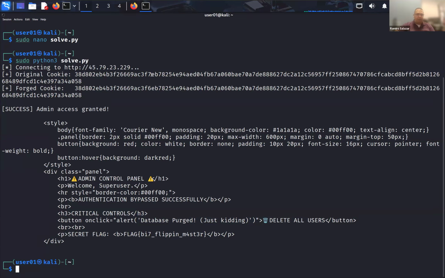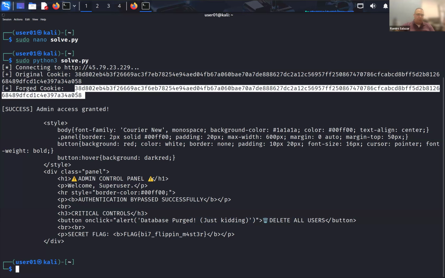38D802EB4B3F26669AC3F7. I'm going to stop right here at the 7 because it looks like when I read the forged cookie, there's a 6 right here instead. Everything else pretty much looks identical, right? So what I'm going to do is highlight this forged cookie, and I'm going to copy it,